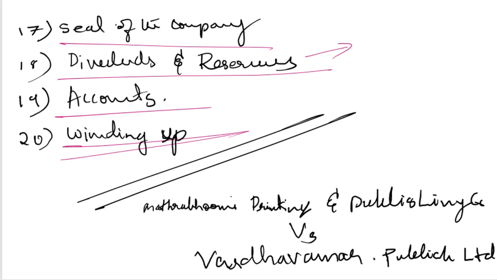So if you are going to deal with this kind of a dealing, definitely you have to read the memorandum of association and articles of association before going for this kind of personal dealings with the company. So in this, the plaintiff cannot claim anything, because of the maxim ignorantia juris non excusat. Before dealing, the plaintiff, means the person who is giving the complaint, and what exactly he did,